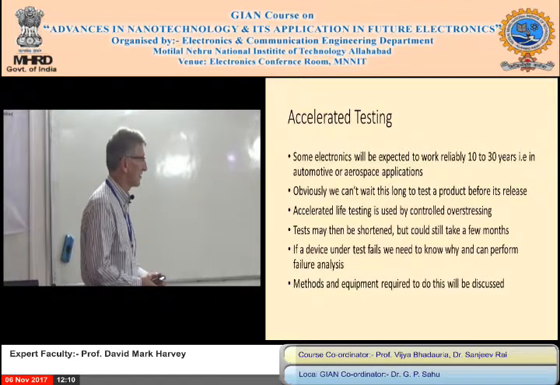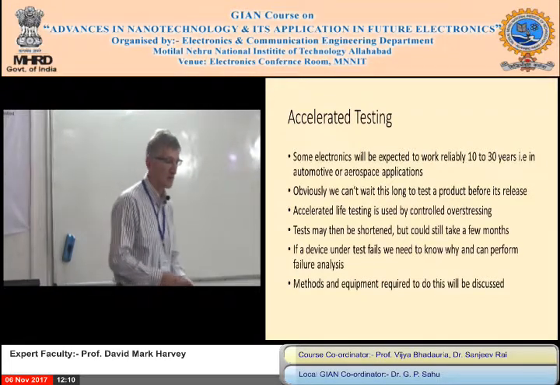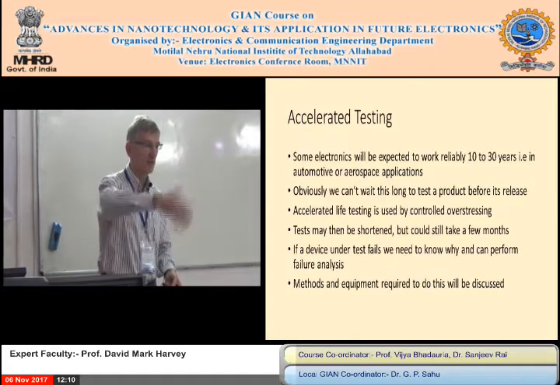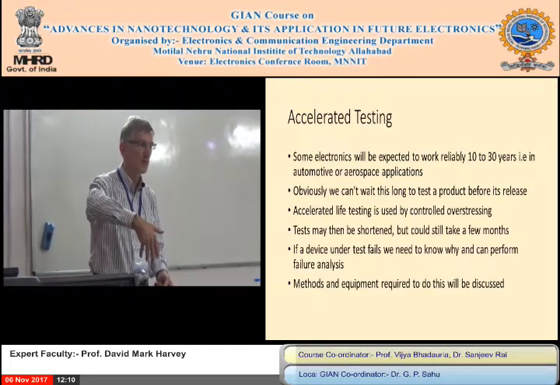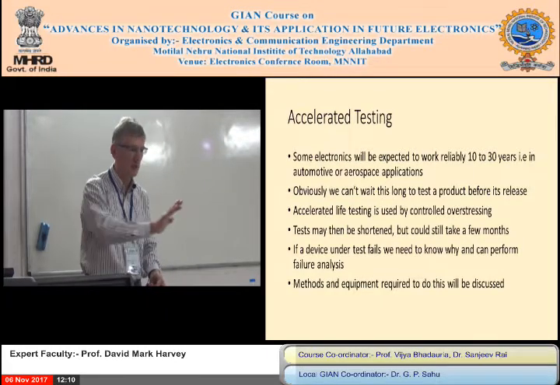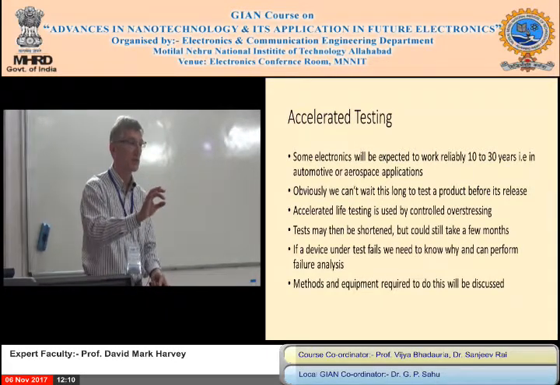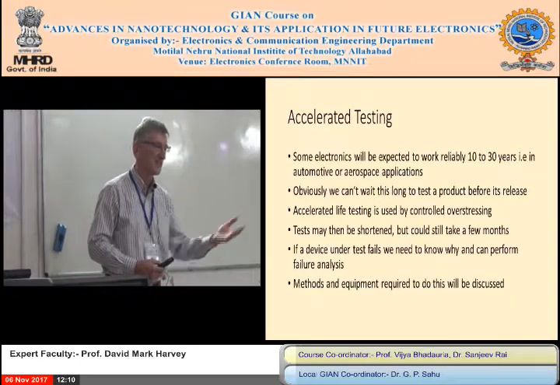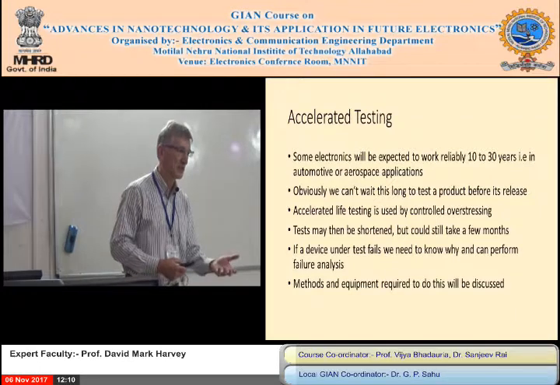So how do we do failure analysis? Failure analysis at the solder level is normally where you find out where the problem is and cut the board, because the failure is hidden. You can't see it from the outside. Cut the board open, polish it, and do some type of microscopy to see where the joints failed. But if you cut it in the wrong place, you can't see anything. So again, a lot of expertise there.